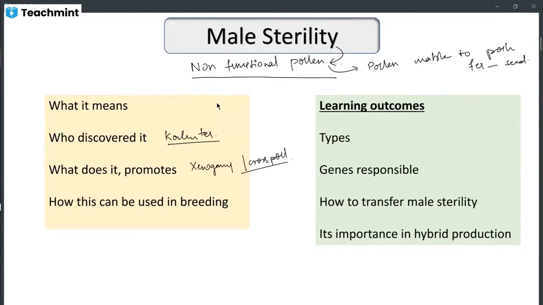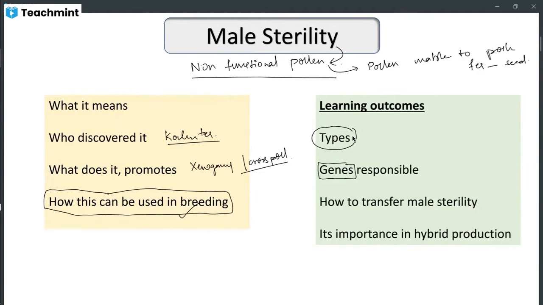And at the end of this session, you will know how it can be used in breeding. Okay. So in today's class, we will be dealing with the different types of male sterility in crop plants, what the genes responsible for them are, how you can transfer the male sterility, and its importance in hybrid production. Okay,